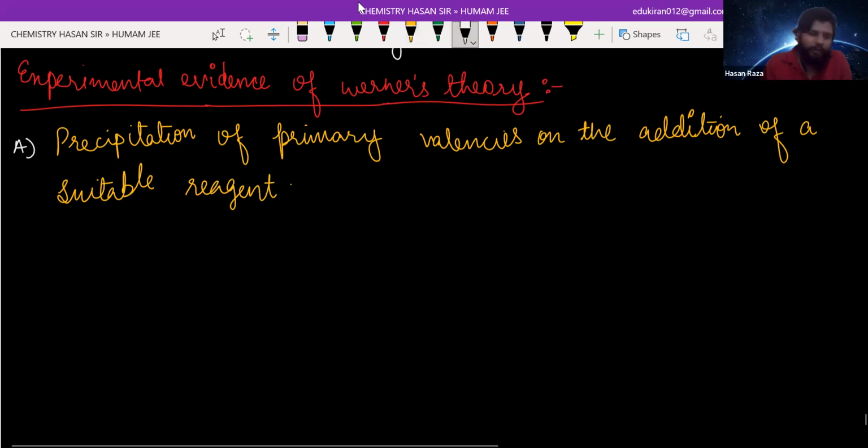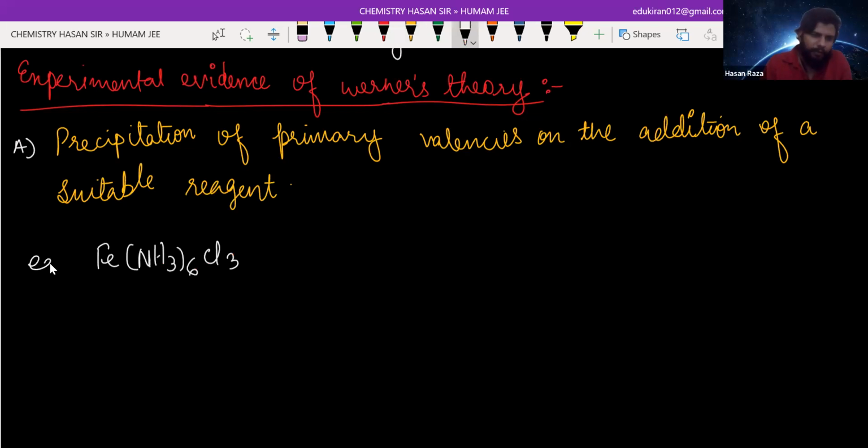Like if we are going to take an example, Fe(NH3)6Cl3. When you are going to take this, what will happen? 3 moles of AgCl